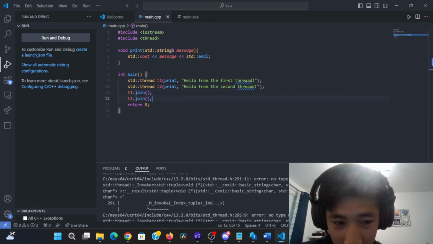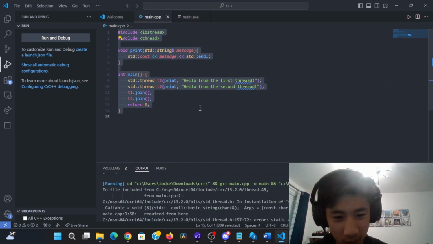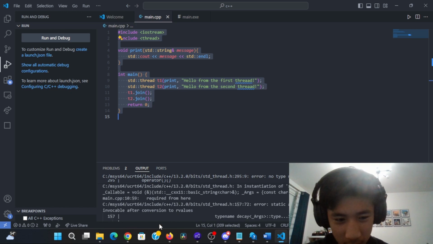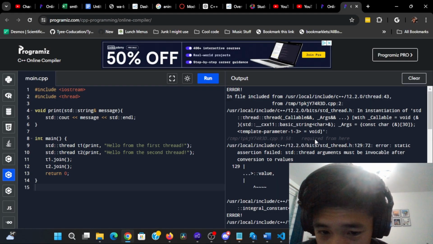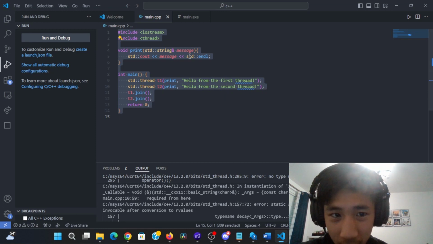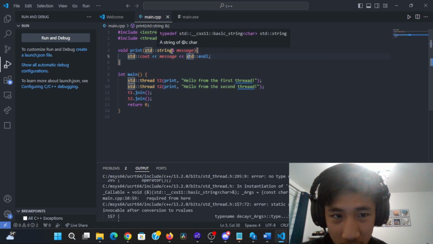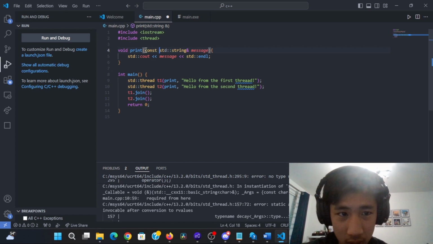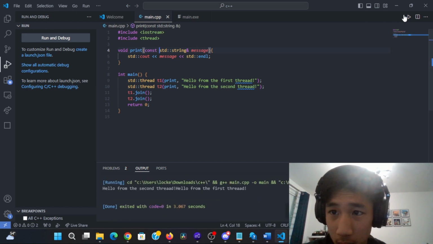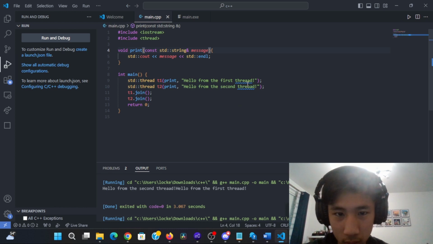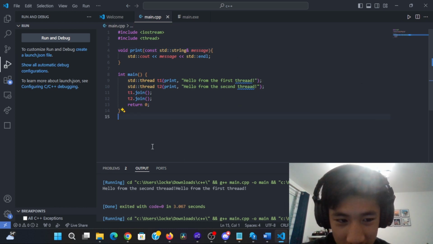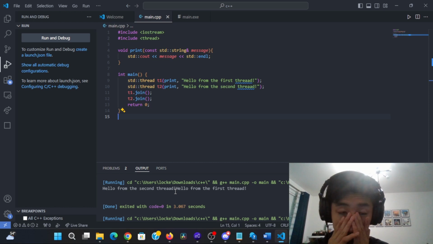What is happening? Let's try this in my online interpreter because I'm not good at reading messages from this compiler for some reason. Oh, I guess it needs to be reference values. I did reference a value. Maybe I have to make this constant. Oh, well, that was weird. And I also realized that the second thread happened before the first thread. Maybe if I actually read through the lessons a little bit more, I'd actually understand why that's happening.